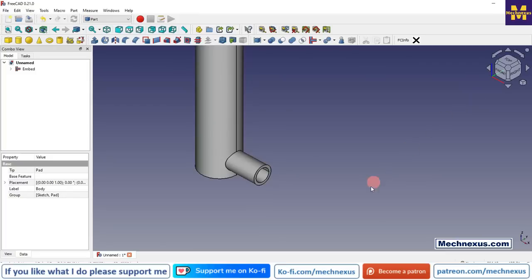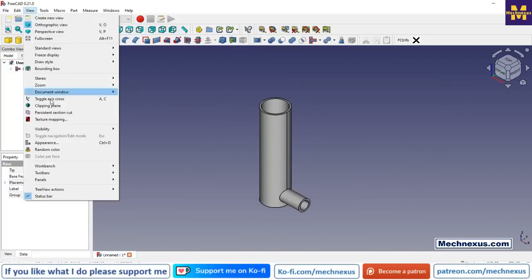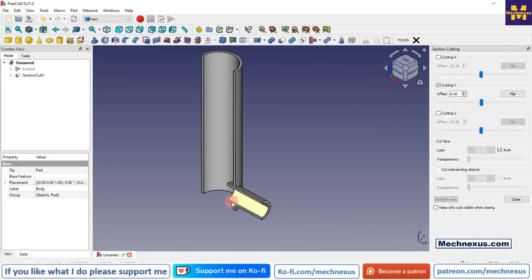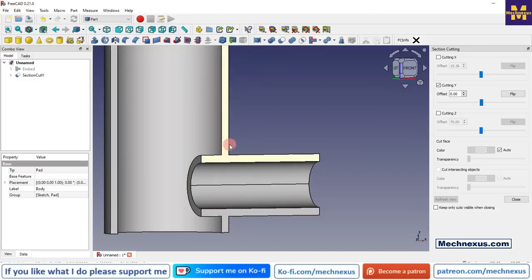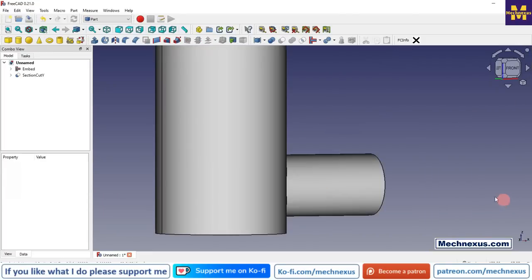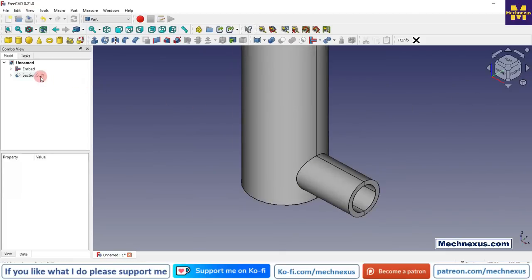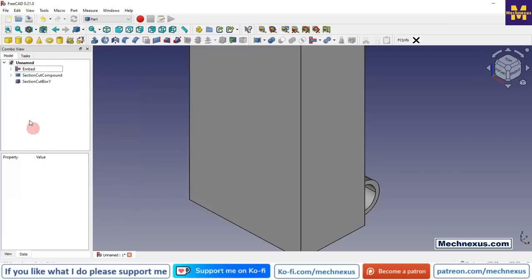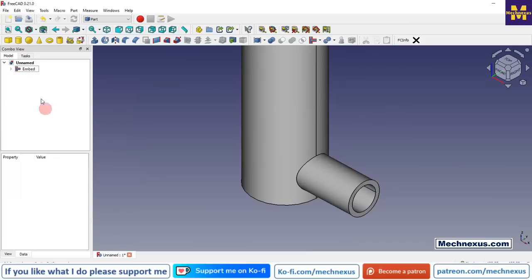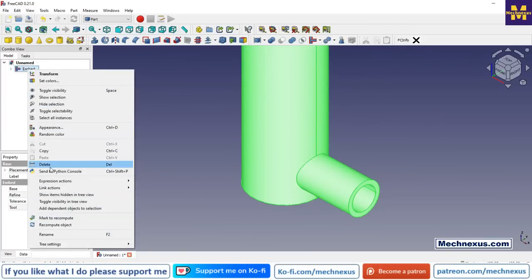To see this, we will take a section, so we will go to the View menu and click on the persistent section cut and click on this Y plane, and you can see that, if you look closely, these two got merged. So this is the embed option. Now I will close it, and now I will delete this section. And now I will also delete this embed,